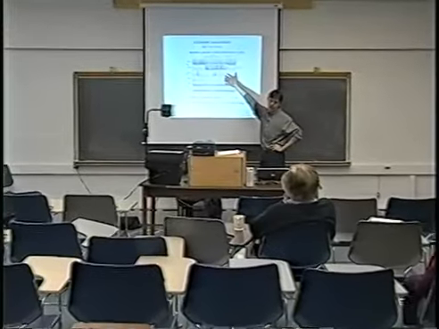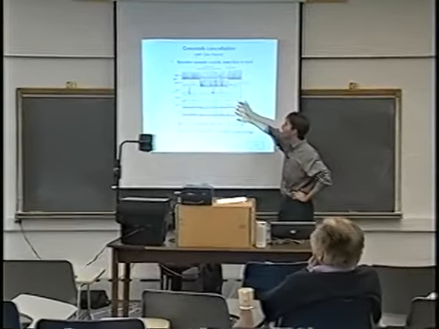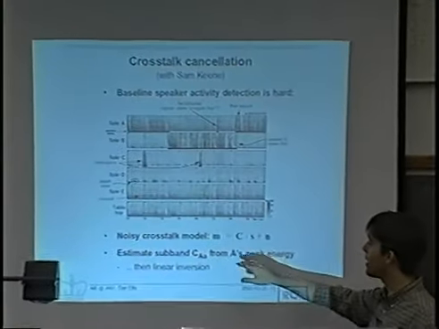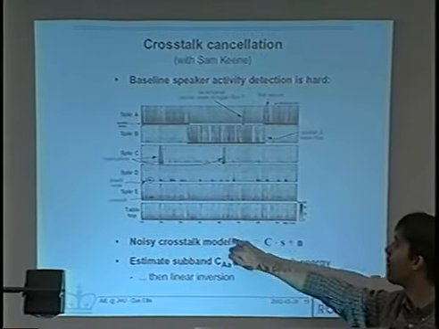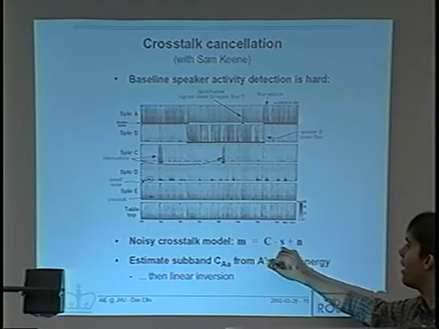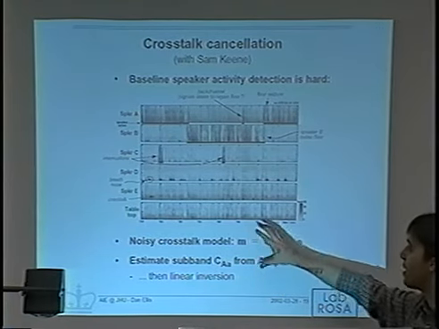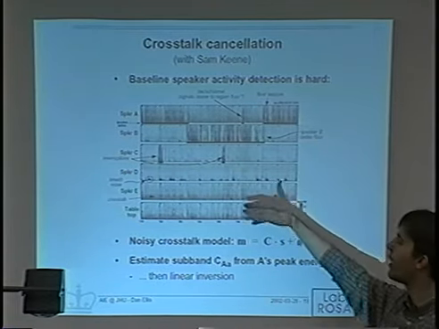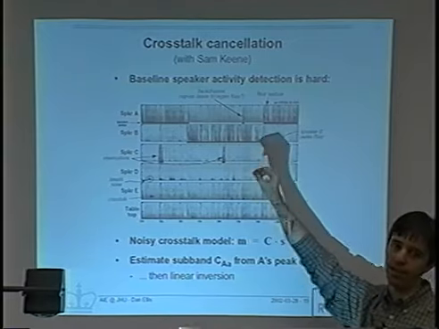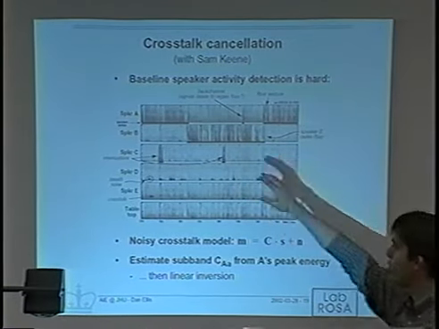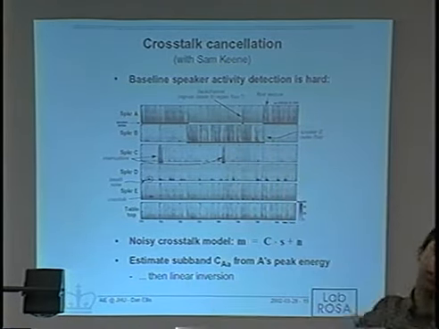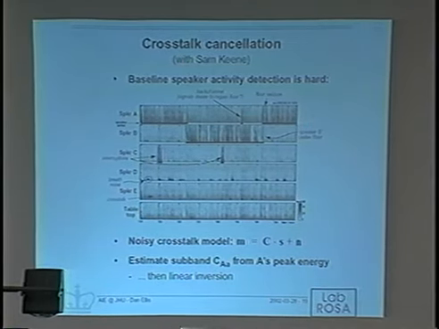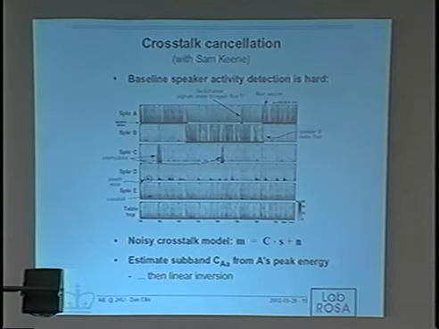Because we've got all the different sources, you'd think we'd be able to cross-cancel the crosstalk here. So one of the things we're trying to do is have this sort of mixing model where the microphone signals are the individual actual speakers mixed with some matrix that we can then estimate and try and cancel out. And if we can do that, we can hopefully get a much better contrast between the actual person speaking and the crosstalk from the other speakers. So that's looking good. We're just trying to figure out how best to evaluate that, but that's quite easy to do.